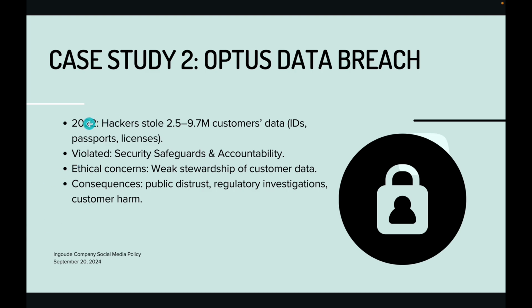So in this case, in 2022, Optus experienced a serious data breach from hackers. Hackers stole between 2.5 and 9.7 million customers' data, including identification numbers like passport and license numbers, addresses, and dates of birth. So in this case, the problem was clear: